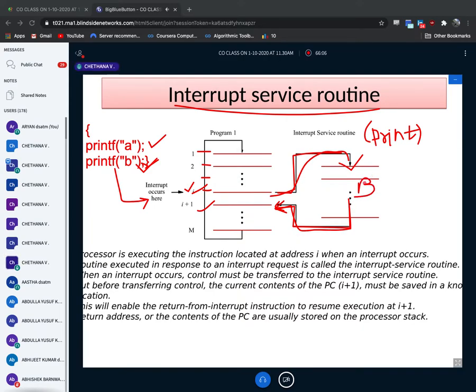Now I told you there is one interrupt, here it will say enable, disable and enable. Disable means what? You are not able to interrupt this device, the printer, one more time. Interrupt enable means you can make a disturbance, you can make an interrupt. That is what interrupt enabling and interrupt disabling mean.